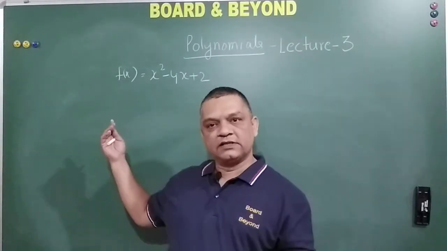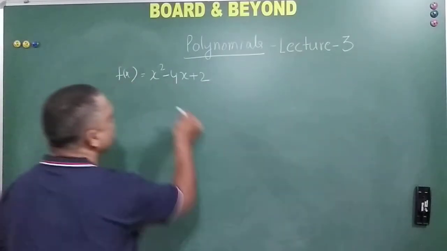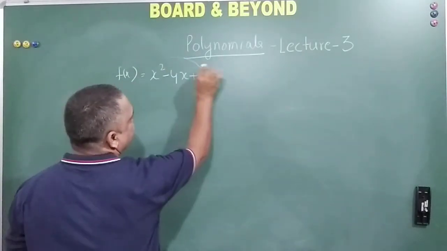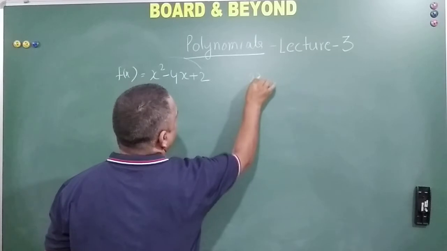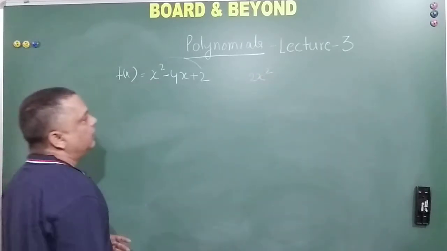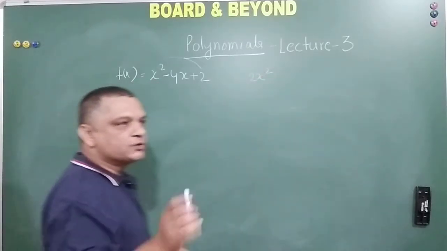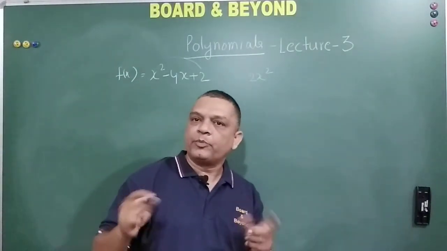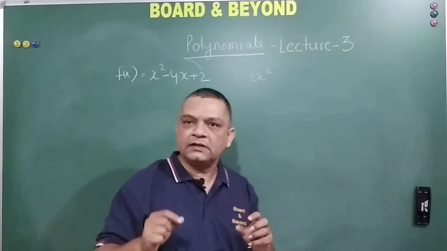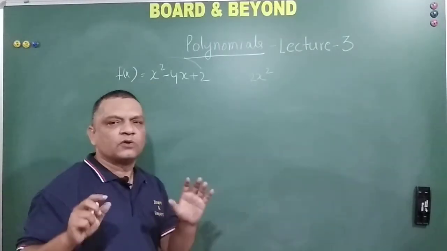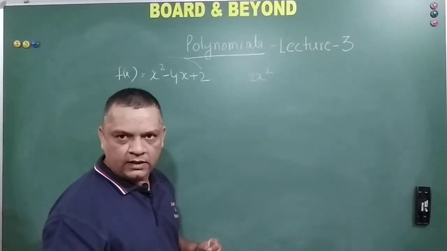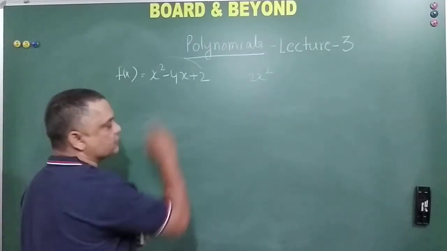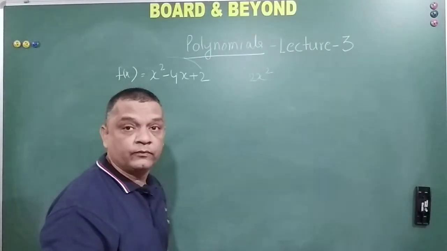So this is a situation of that kind, because what happens is multiplication of the first and the last term is equal to 2x square. Right? Now we need to break 2x square in such a way that their sum or the difference should be equal to minus 4x, which is not possible. Okay? Even if you try, which is not possible. So now what do we do?